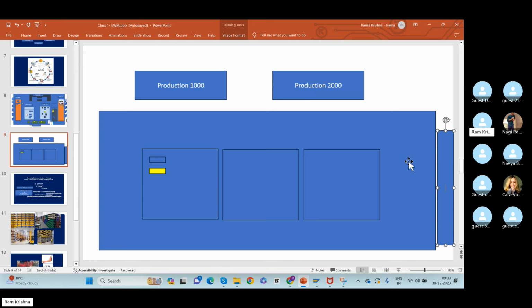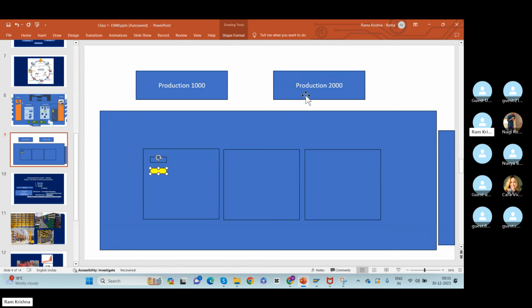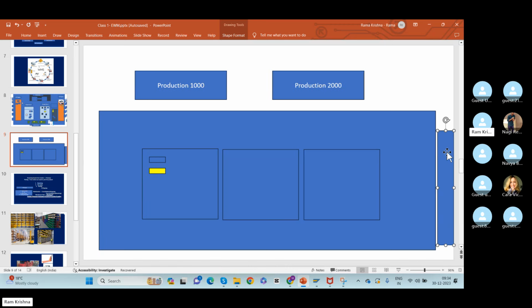Now what will happen? Your question is how the user will come to the respective storage type and respective bin, and how the user knows that this pallet belongs to 2000 and we need to ship it to the customer, while this one belongs to 1000. This is our question, right? Normally, the user doesn't have any authority to select which pallet to be picked. The system has the authority here. When the sales order is ready here, the system